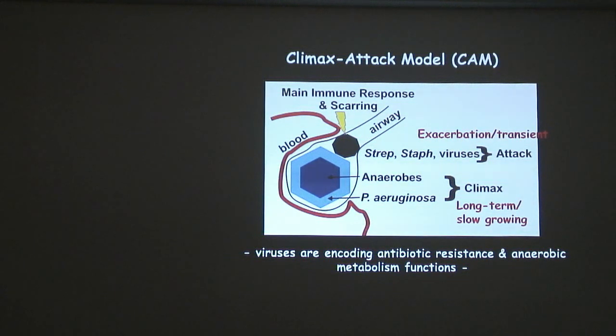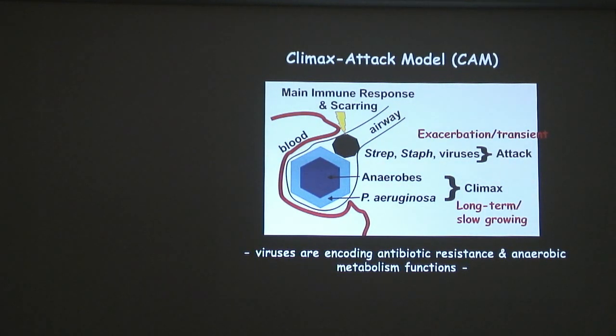So I don't know if you guys know this, but in cystic fibrosis, you actually have this horrible infiltration of really nasty anaerobic bacteria, the ones that normally are associated with your teeth, problems in your teeth. And they're hiding in there somewhere. So we think they're surrounded by Pseudomonas aeruginosa, and that this is actually a slow-growing community that's essentially a climax community in ecology.